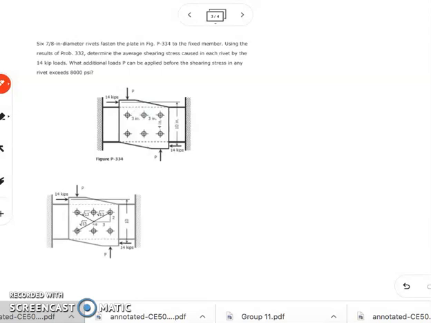Okay, we are given our figure for problem number 3. We have here the presence of a lateral force, which is 14 kips, and it will create a torque. The second problem is to identify the value for P. So there will be an additional load P in the vertical direction, and of course it will also create a torque capacity. For this problem, it was stated here to use the results of the previous problem. Actually, we just have to